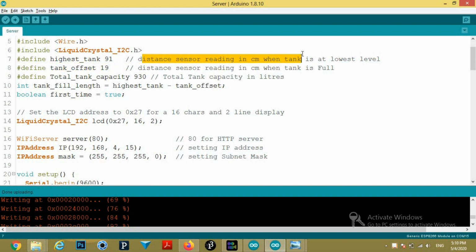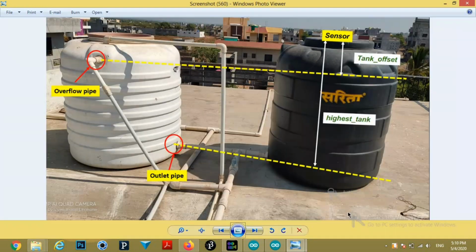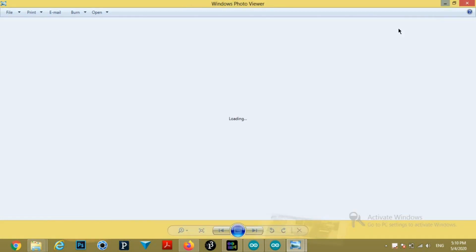This is the distance reading in centimeter when the tank is at the lowest level. You can see from this image. This is the highest tank variable, that is the distance from the sensor to the lowest level of the water that is usable water.